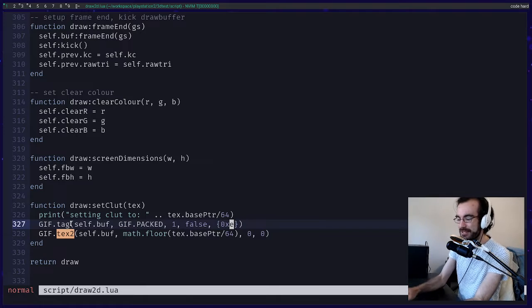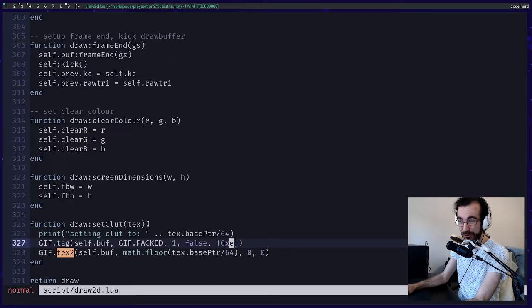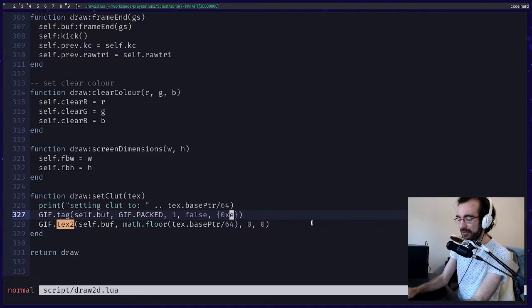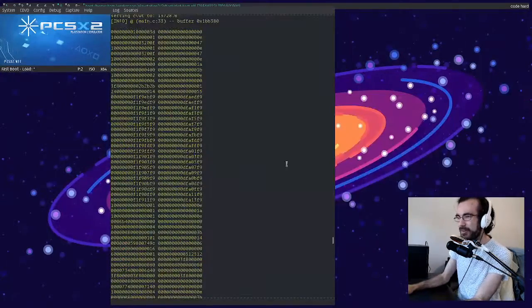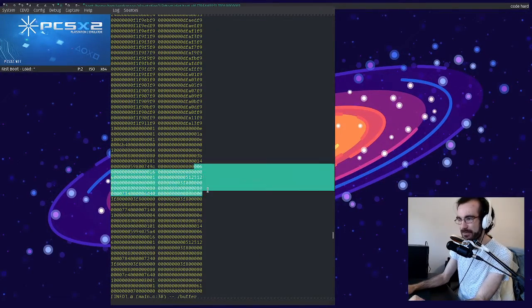There's also a C implementation of all this logic, which is a lot faster, but when I'm experimenting with a new feature like this, it tends to be a lot quicker to just throw some Lua at the wall. For example, we need to build gift tags, which contain commands that set registers in the Graphics Synthesizer. One of the cool things I can do here is specify the format I'm going to send these commands in a list, and it will work out the length of the list and do a bit of automatic stuff that I can't do quite as automatically in C, because I can't just make an arbitrary list without doing a malloc, right? There are a few nice things like that. So the Lua version of building these buffers has a few nice edges, but it's still very, very frustrating